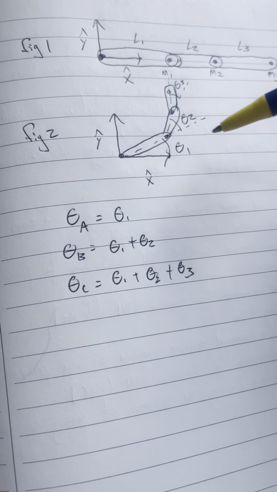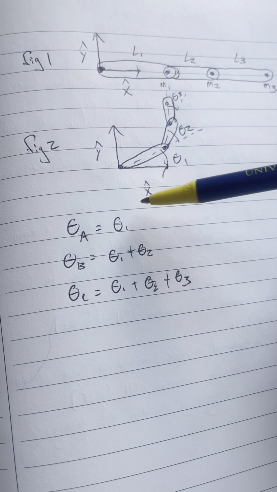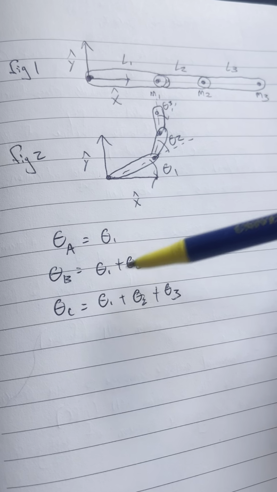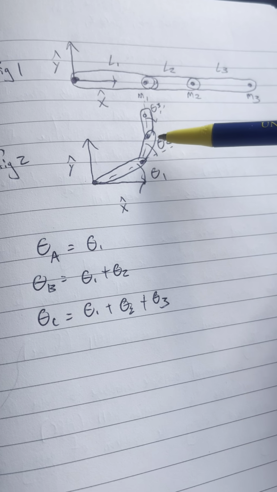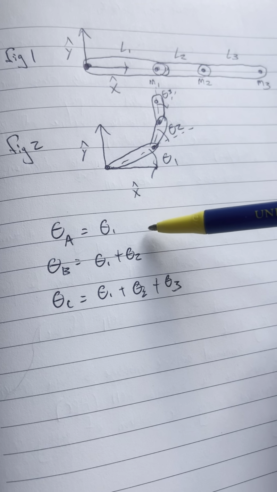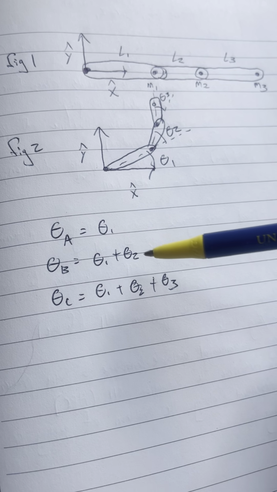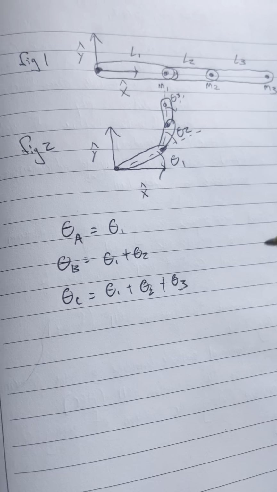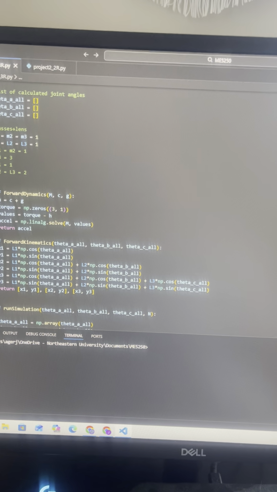How I've done it to simplify the math for later on is I've defined theta A, theta B, and theta C, being the angles from the x-axis to link 1, link 2, and link 3 respectively. So in terms of theta 1, theta 2, and theta 3, theta A is equal to theta 1, theta B is theta 1 plus theta 2, and theta C is theta 1 plus theta 2 plus theta 3. So now if we want to simulate the motion in Python of the triple pendulum,